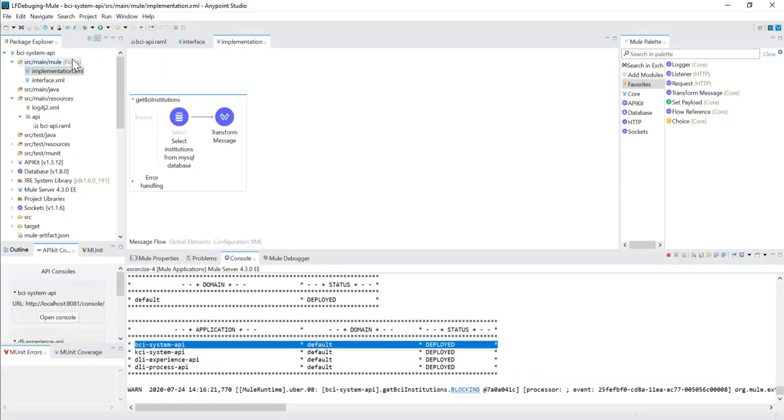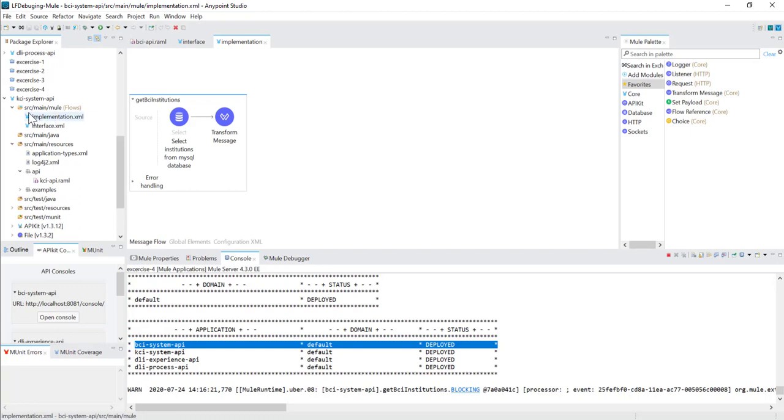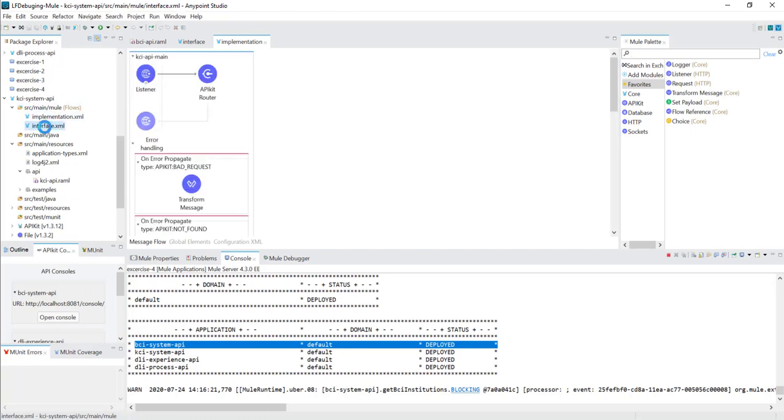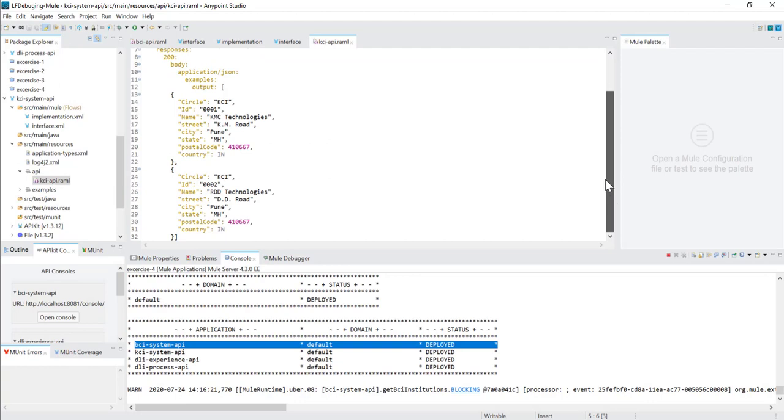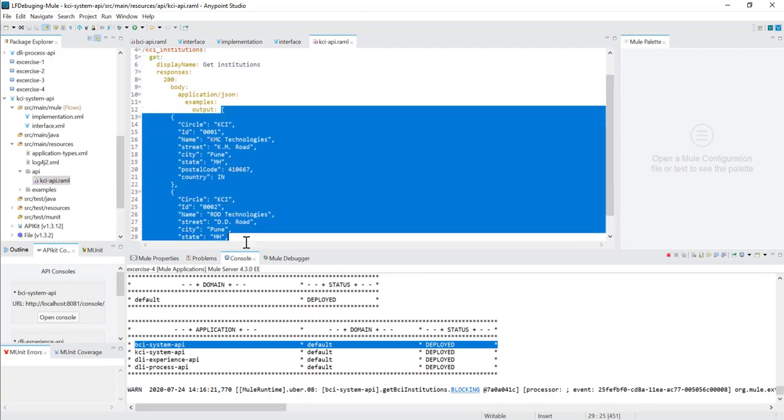We have developed a similar thing for the KCI system API also. Let us first have a look into the KCI RAML file. It has the service path /KCI_institutions, and it also has only one method, and it has an example like this.